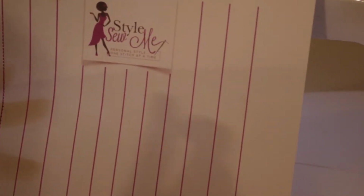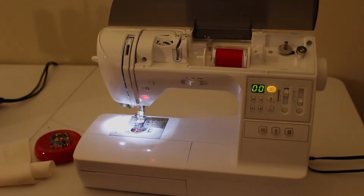So I want you to practice on this sheet. Here are the lines for you to practice. And once you finish with this, just throw it away or recycle it, better yet, and print out another one and just keep practicing. And then you can move on to your fabric, and that way you're not wasting your fabric. For this part of the tutorial, you are going to need